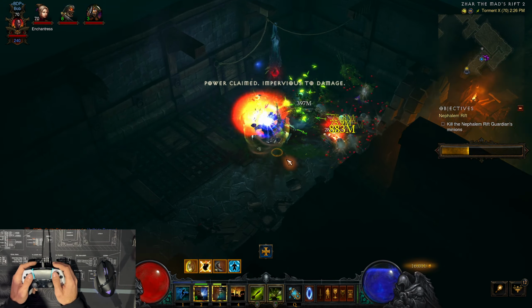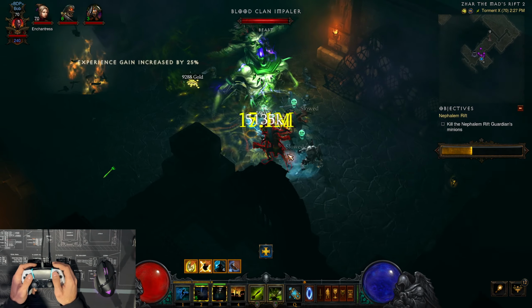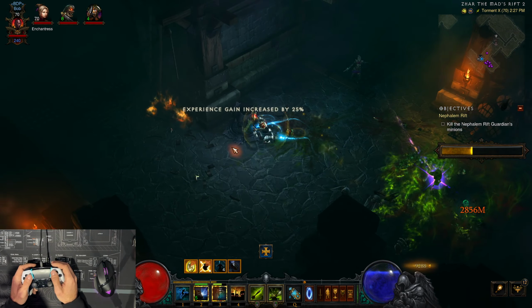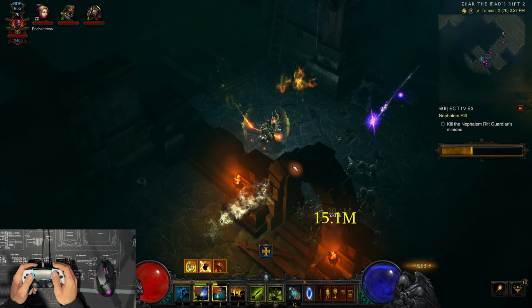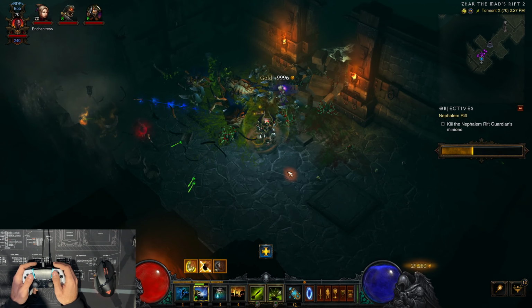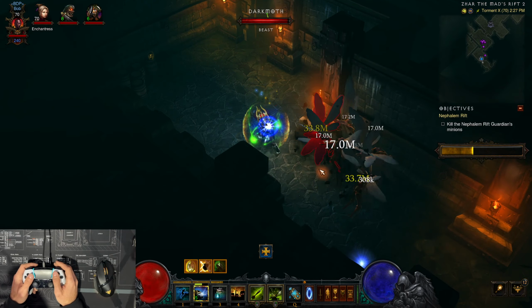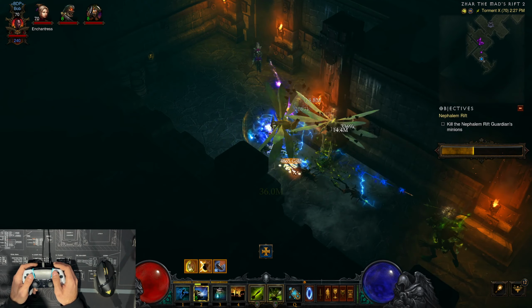But the beauty of these setups is you can always just click stuff. You don't have to have a button set up for everything. As long as it's not an urgent action, something you need to do on the fly a lot, then potentially just clicking on it might be a very suitable replacement. I mean, you've got